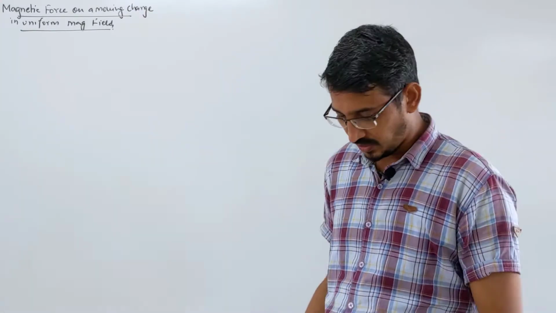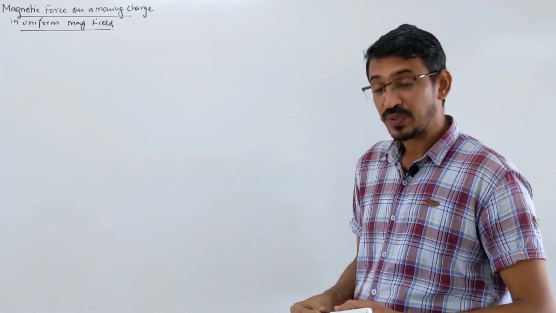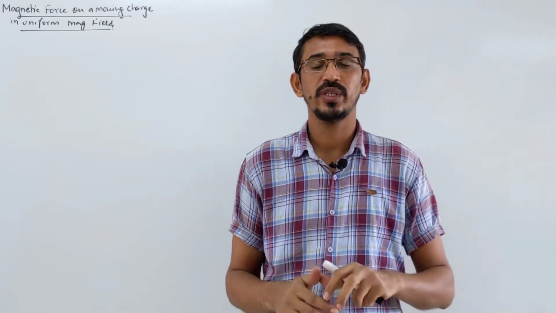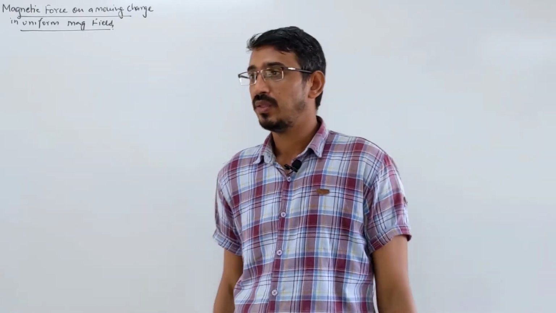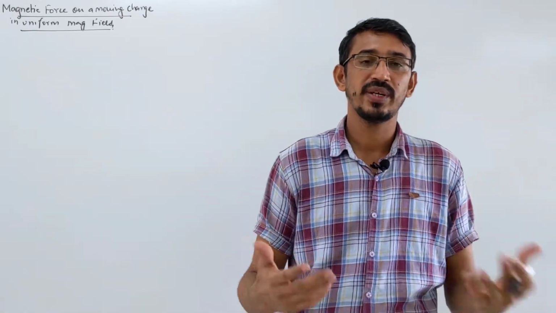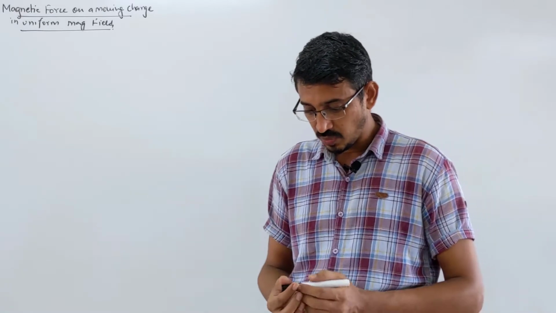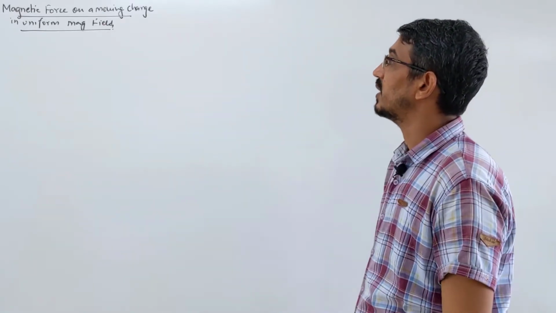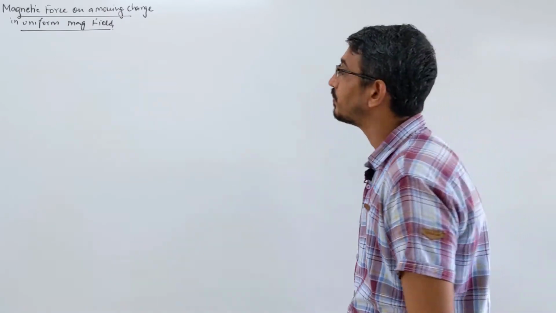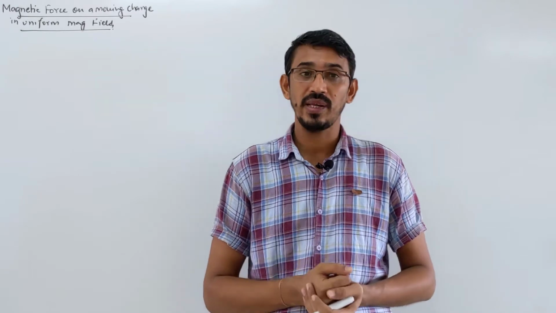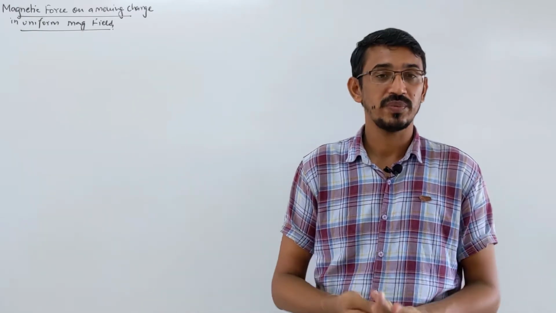Welcome back, students. In this lecture we're doing the force topic, meaning we will learn the force on a moving charge or force on a conductor. In the previous topic you learned the magnetic field, produced by different types of objects. In this topic, the first thing we learn is the magnetic force on a moving charge in a uniform magnetic field. You have a charged particle moving through a magnetic field. Then what is the force experienced by it?